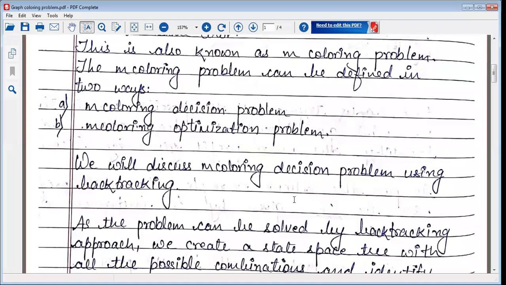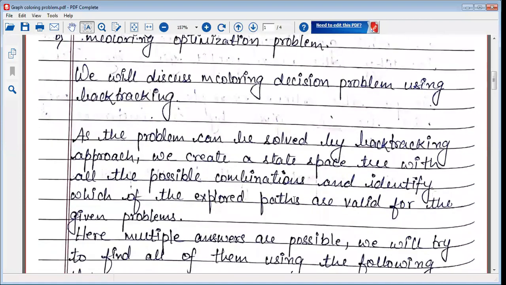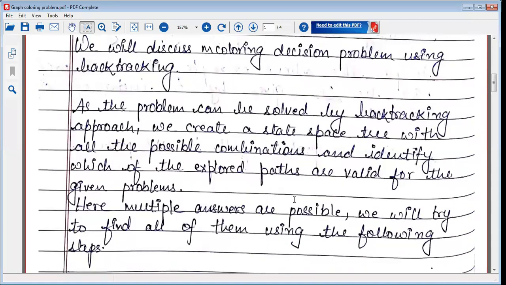We will take an example and create a state space tree with its help, and whenever it is not possible to get the answer, we simply backtrack and opt for the second path, and so on. Just like earlier, it is also possible to have different possible answers. So let's go through it first of all.